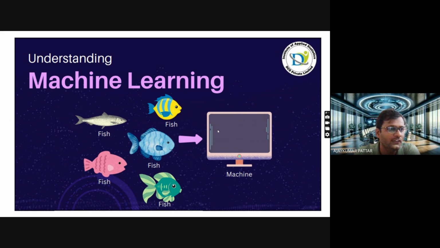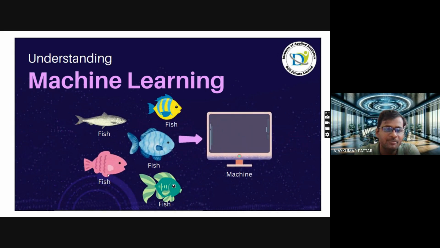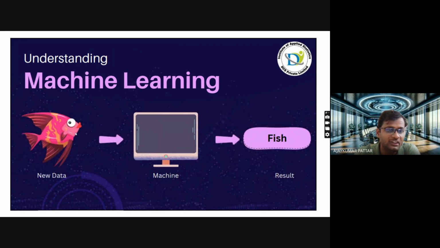After that, if you give it new data, the machine is able to identify the fishes. Actually, we did not give that particular fish while doing the machine learning, but even though you give new data, the machine is able to recognize it is a fish.